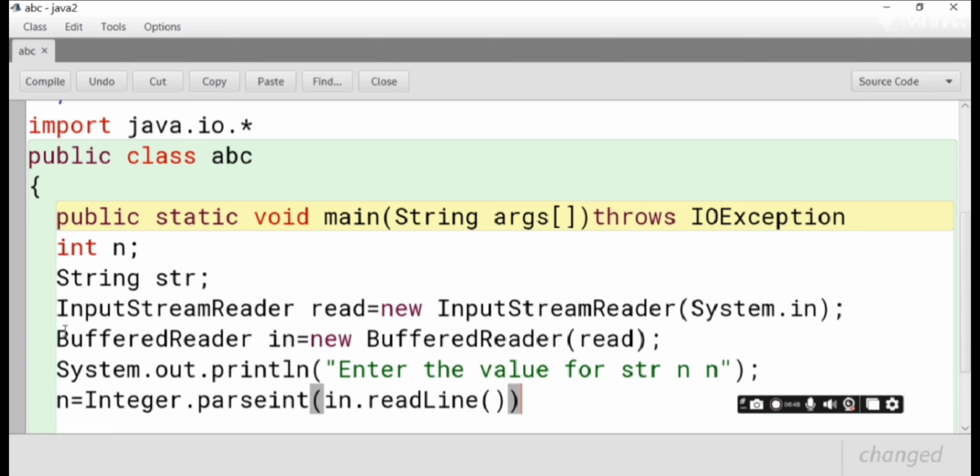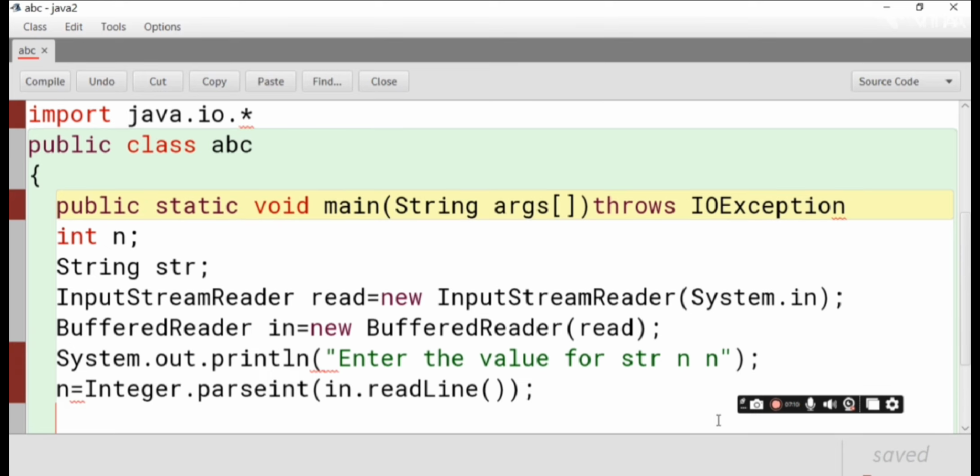You can call it function; function and method are the same. So whatever function we used to call in C language or C++ language, here in Java we call them methods. Now semicolon,